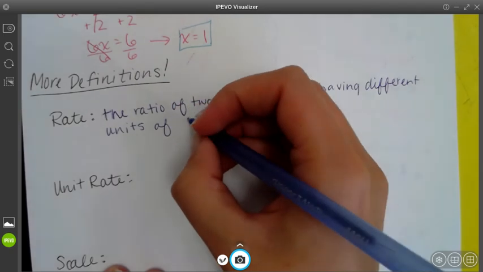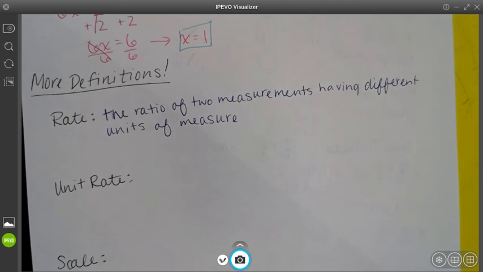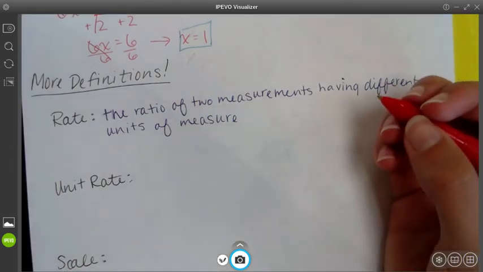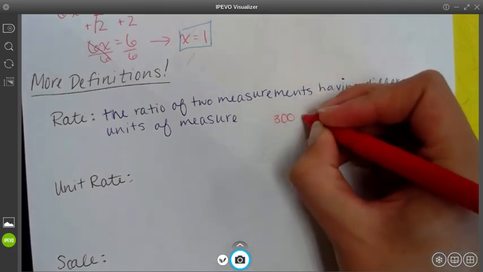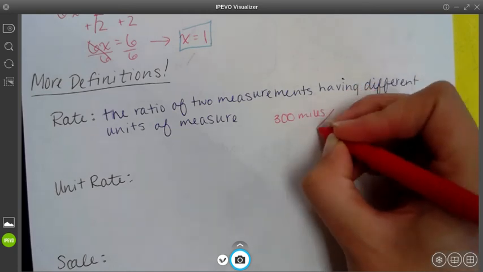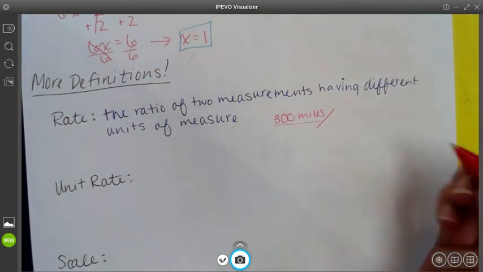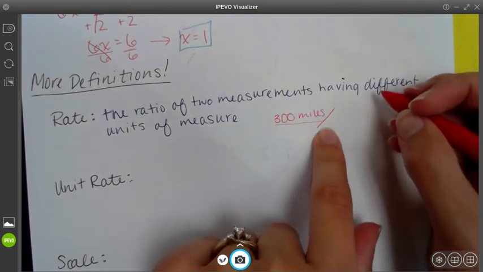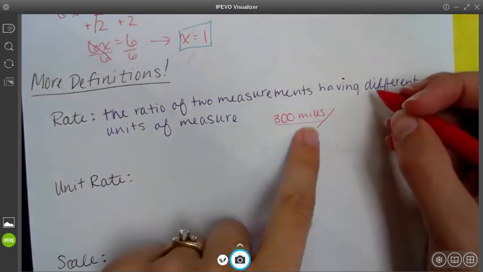So you've heard rates many times, right? An example would be the rate that my car uses gas. My car has a 10-gallon tank, and I can get about 300 miles out of that 10 gallons. So my rate of gas use is 300 miles per, right? When you see this line, or you could write it as a fraction bar like that, say per. I know it sounds kind of weird, but one of the words for division is per. 300 miles per 10